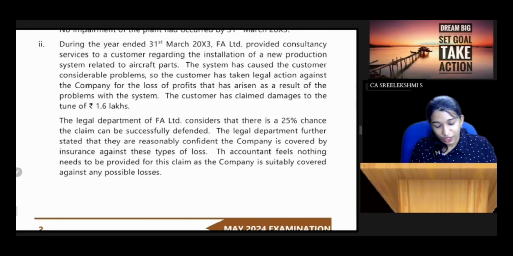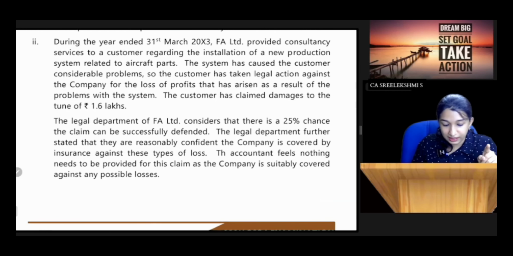During the year ended 31st March 13, FA Limited provided consultancy services to customer regarding the installation of new production system related to aircraft parts. Okay, so our company is providing consultancy services also. The system has caused the customer considerable problems. So the customer has taken legal action against the company for the loss of profits that has arisen as a result of the problems with the system. The customer has claimed damages to the tune of,